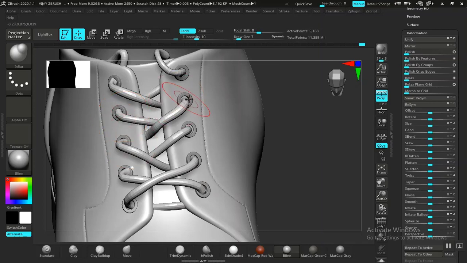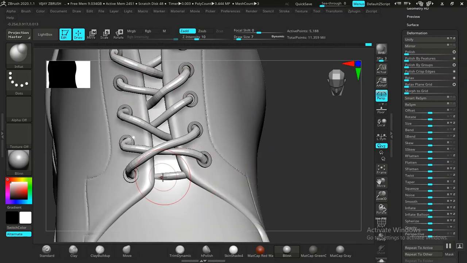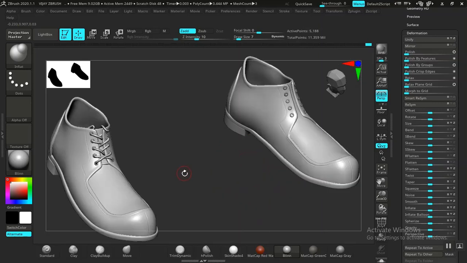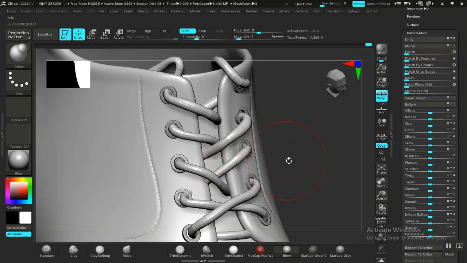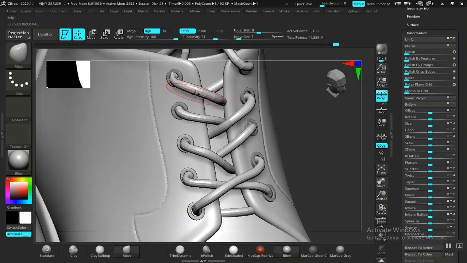Okay. Let's get this from the side view. Use the move brush to move this in place, and smooth this down so it's not so aggressive. Right. I think we're in a good place now. I think we can safely and happily